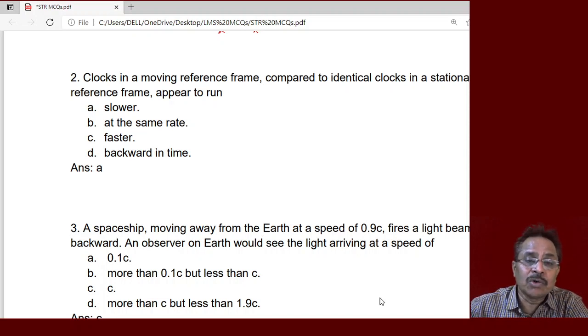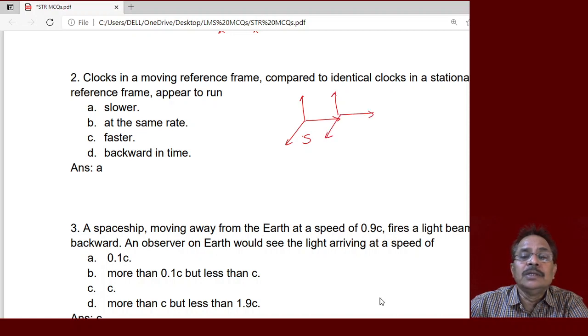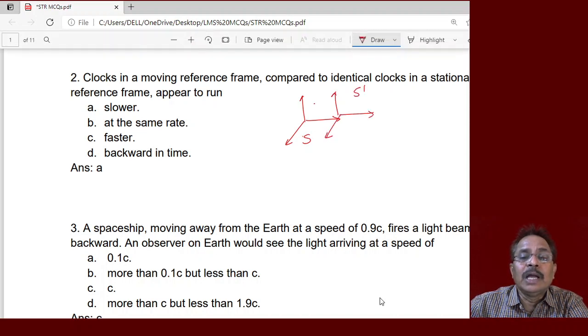So don't use your common sense there. Now this is what I am having, again a frame of reference, inertial frames of reference. This is my frame S, and another frame, S prime, which is moving away from the first frame with a uniform velocity v. There are 2 clocks. One clock is kept here and another clock is kept in the second frame of reference, and as per this concept of time dilation